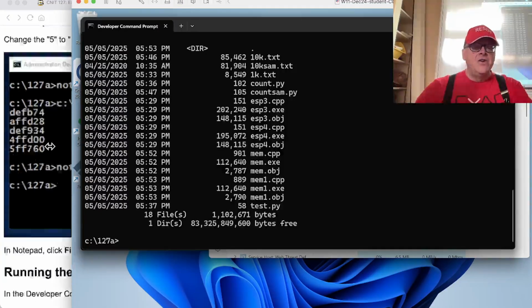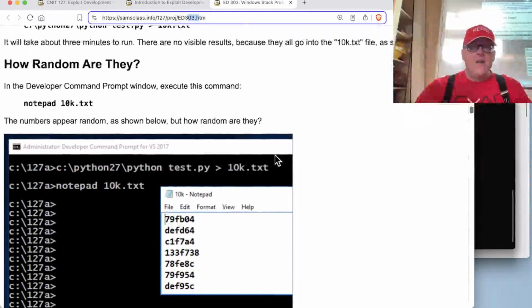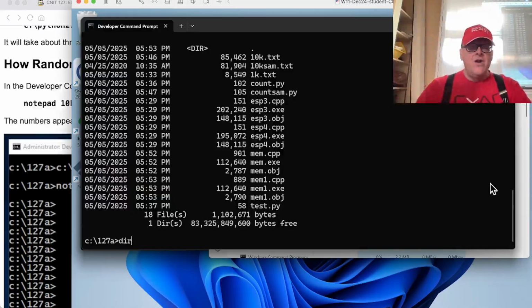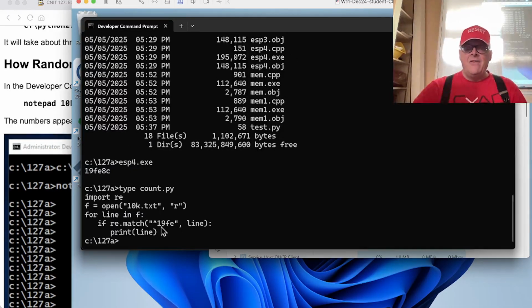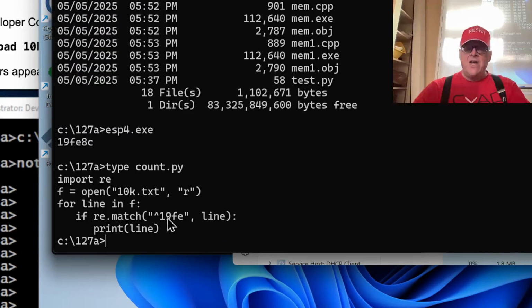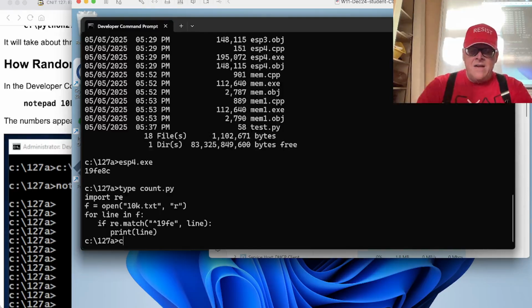To find out, you can use another Python script. The first thing I did was find out where things are on my machine. On my machine, without any address space layout randomization, things start with 19FE. So I modified the count program. When I prepared this before, it was 19FF, but on my machine, it's 19FE. This is going to check to see if it starts with 19FE. This is a regular expression. It's going to go through all 10,000 lines and show me the ones that match that pattern. So if you run that,